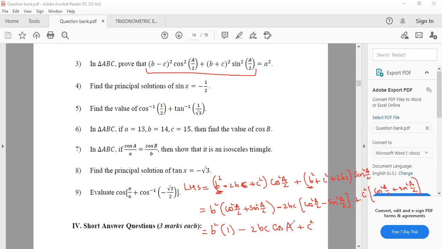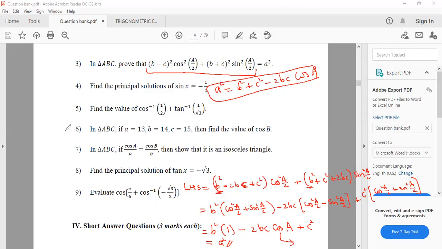Now directly you can write, if you want, you replace cosine rule here, or directly you write answer as a square. Because this is also cosine rule formula. A square is equal to b square plus c square minus 2bc cos A. This is also known as cosine rule formula. समझा कि नहीं? Yes, sir. But if you are feeling little difficult, replace cos A's formula. Put cos A here. Fine, everybody, no problem. No, sir.